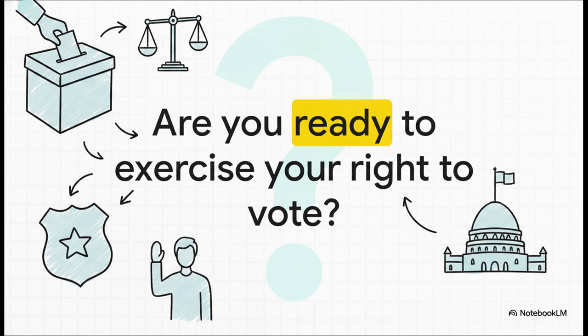Well, we've covered a lot of ground. We've gone over the strict timing of elections, those 308 electoral districts, the absolute privacy of the secret ballot, and the vital formal role of the Governor General. We've also explored the foundational ideas of due process, the presumption of innocence, and exactly how the courts and police uphold these laws for every single person in the country. So I'll leave you with this final thought. If the laws apply to everyone equally, are you ready to exercise your right to vote and uphold your exciting new responsibilities as a Canadian citizen?